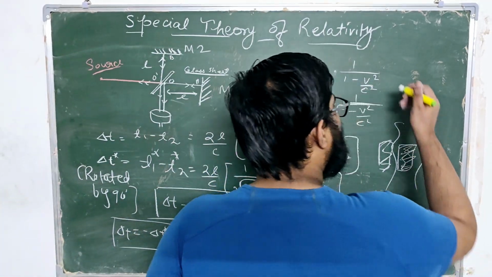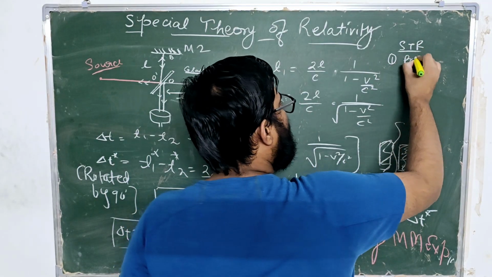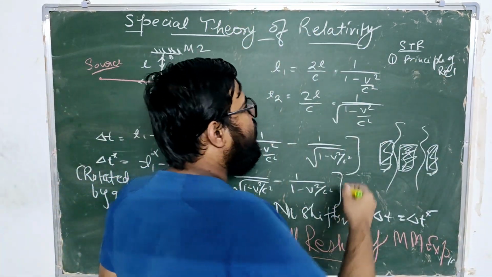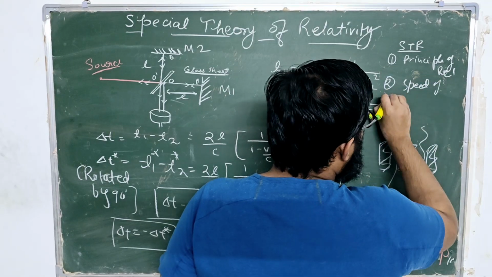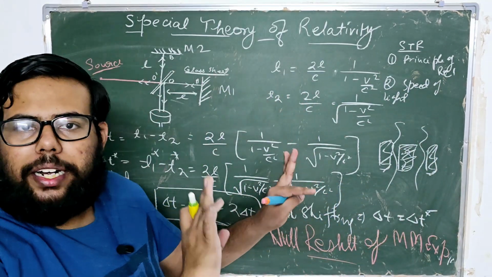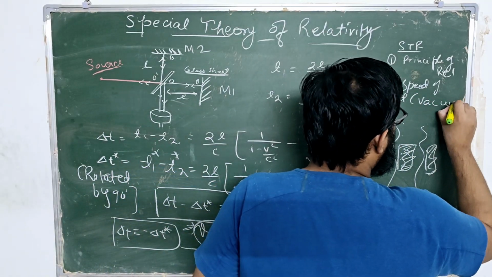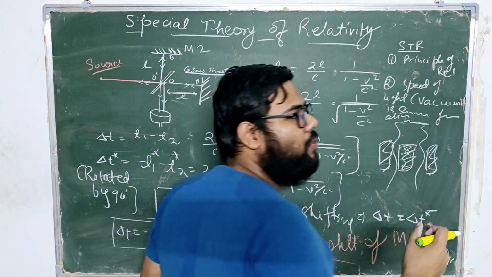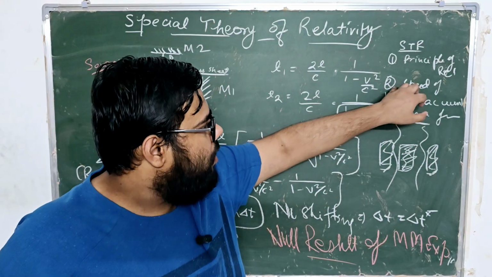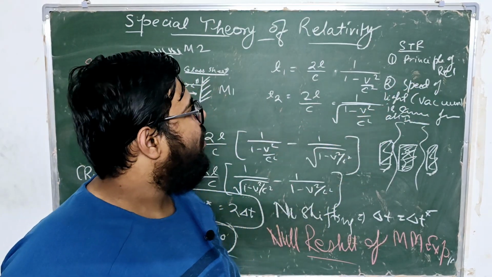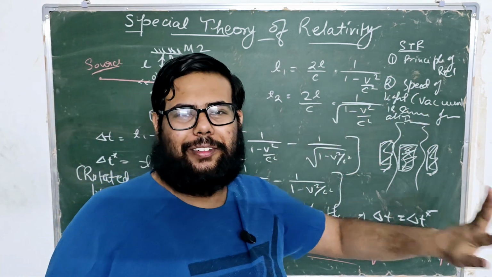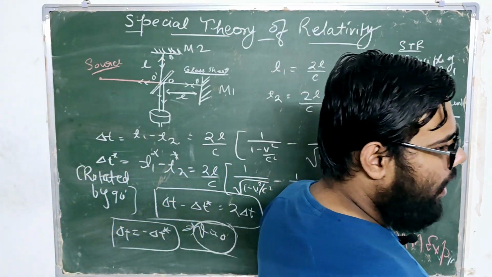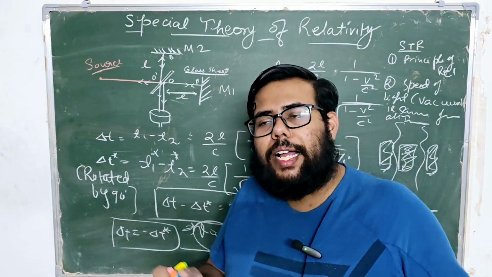So Einstein gave the first postulate of the special theory of relativity. It is the principle of relativity, which was given by Galileo or Newton. The second was the speed of light, and when I say speed of light, I mean speed of light in vacuum, is the same for all inertial frames of reference. This second postulate was very important, and when we use this concept, then everything was okay. So this is what I wanted to teach in this lecture: the Michelson-Morley experiment and non-invariance of Maxwell's equations under